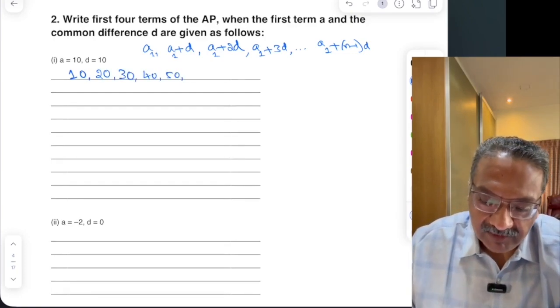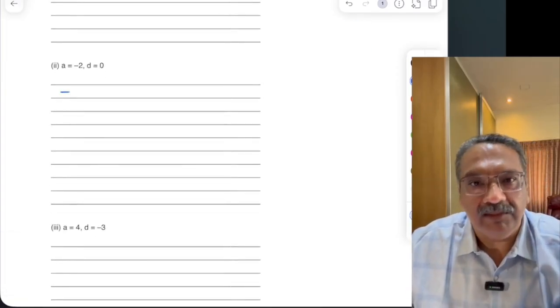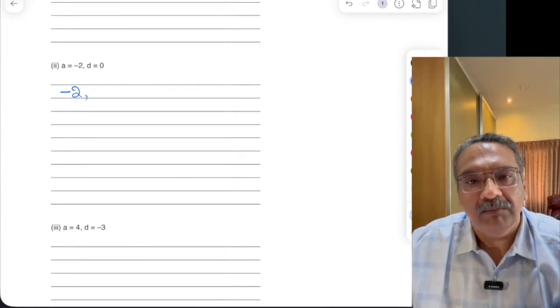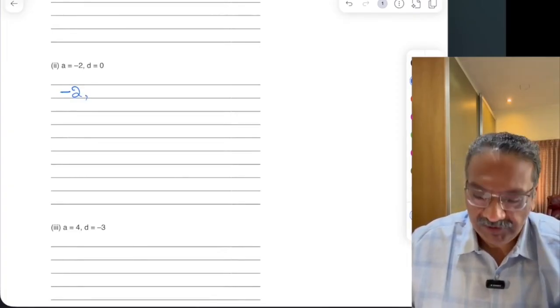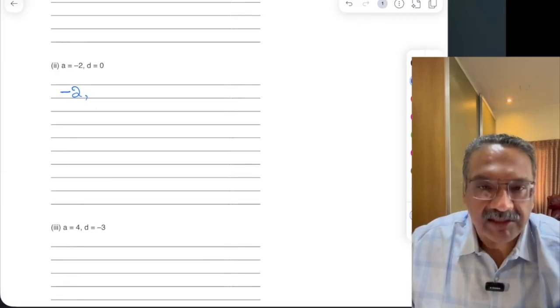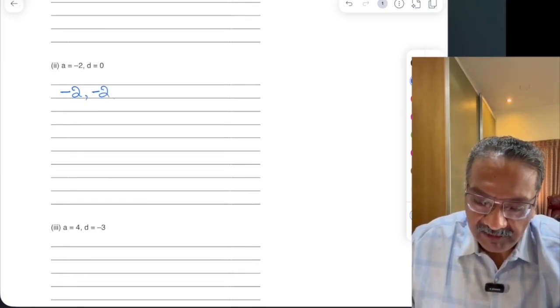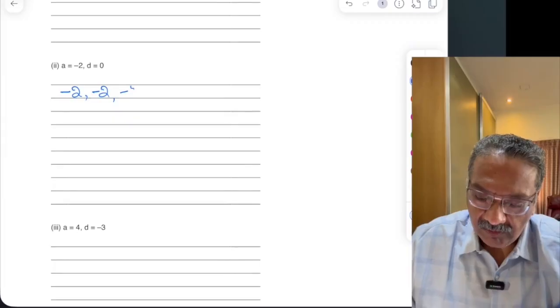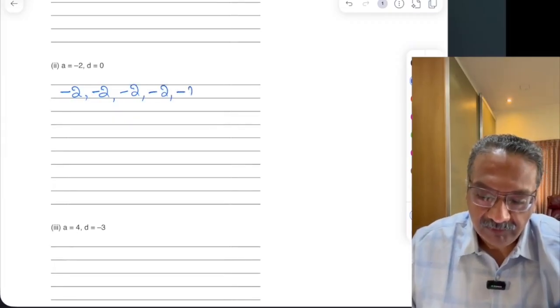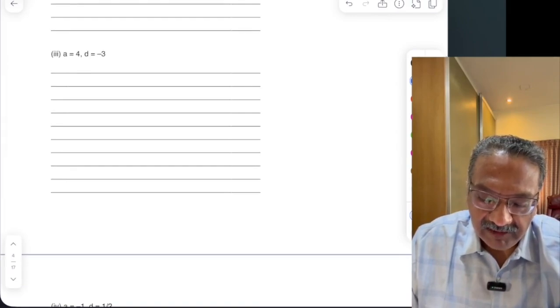Now, here the first term is minus 2, the common difference is 0. It can be 0; common difference can be positive number, negative number or 0. Okay. So, first term is minus 2, second term will be minus 2 plus 0, which is the same as minus 2, third term is again minus 2 plus 0, minus 2, minus 2, minus 2 and so on. Similarly, for the third one, the first term will be 4, second term will be 4 minus 3,